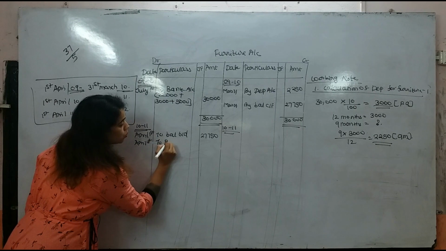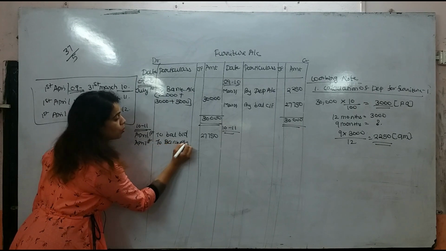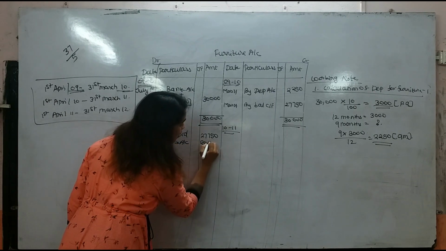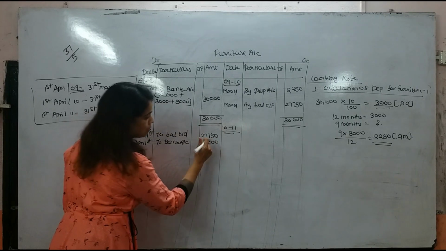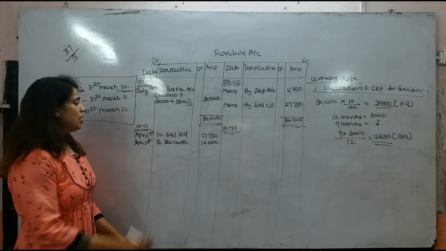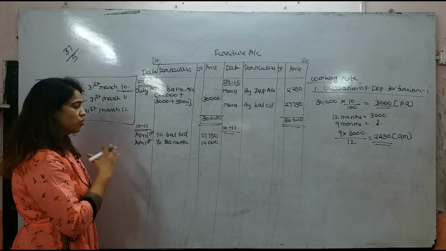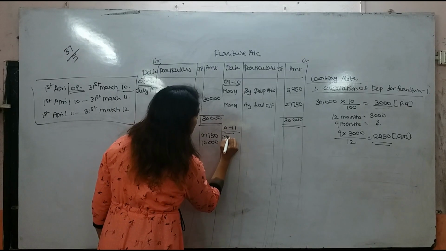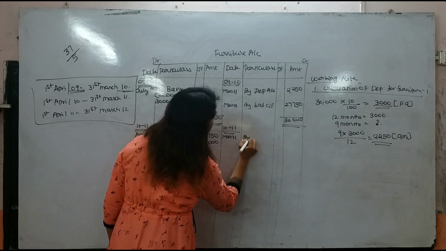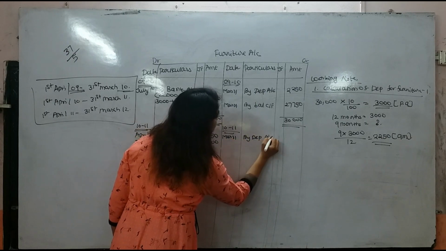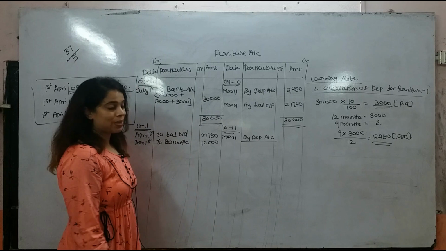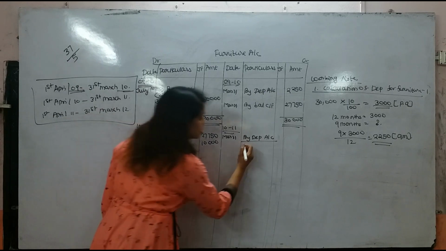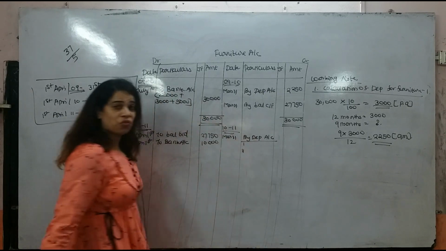Okay. So to bank account. How much rupees are we spending? We are spending 10,000. Okay. That's it. Apart from it, we have not purchased any other asset. So we need to calculate depreciation on the last day of the year. That is on 31st March we need to calculate depreciation. Now how many furnitures are we having? We are having 2 furniture.